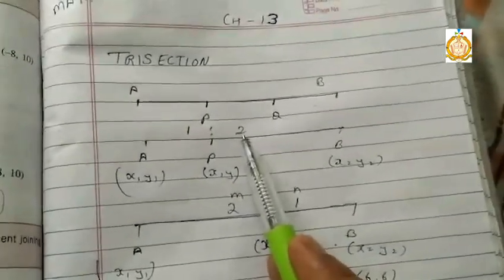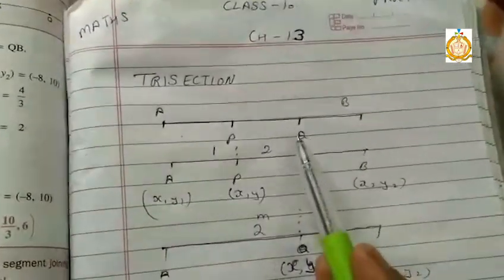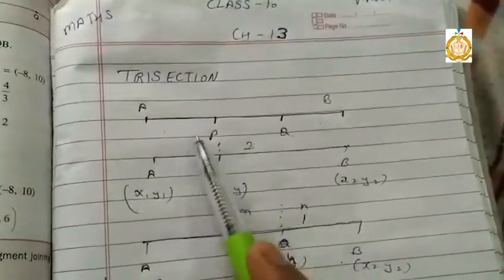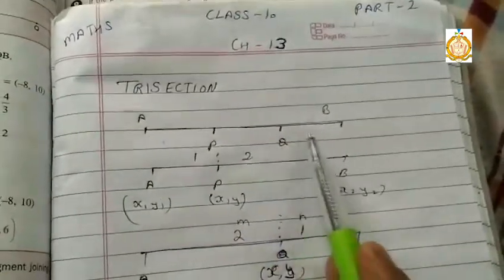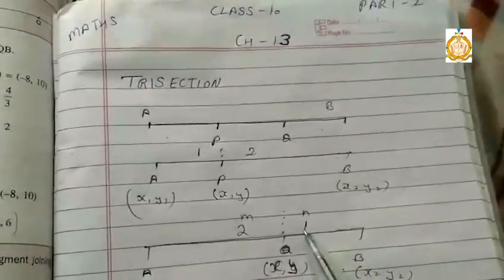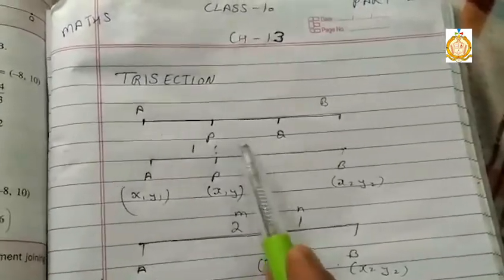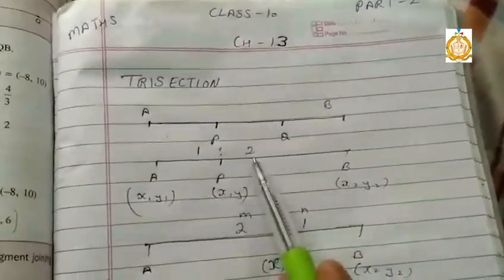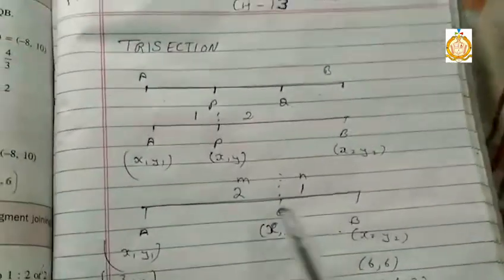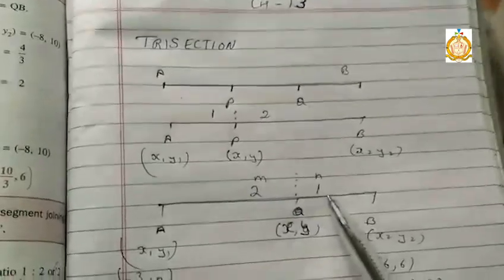But if I want to find the value of Q, now if I see Q, how many parts are before Q? This side 1, 2. And after Q there is only 1 part. Therefore, the ratio becomes 2:1. See again. For P, before P there is 1 part and after there are 2 parts, so the ratio becomes 1:2. And in the case of Q, there are 2 parts before and 1 part after. Therefore, the ratio becomes 2:1.